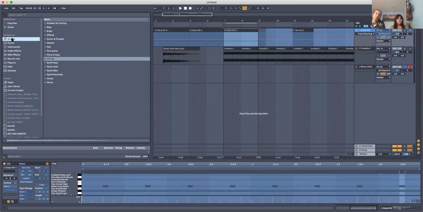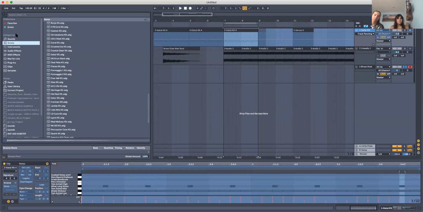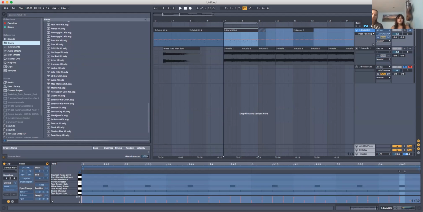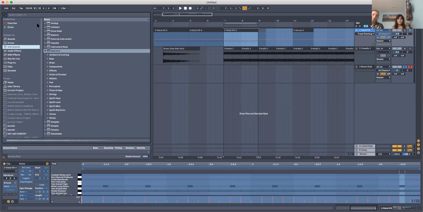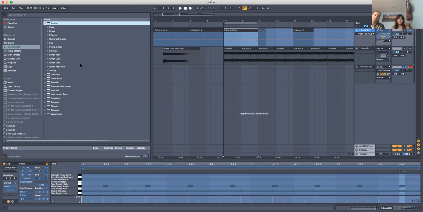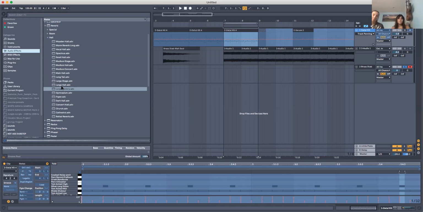Then we have different sounds that are synths. We have different drums. The drum racks are really cool because they have cohesive sounds together. That's why I like looping 2 bars or 4 bars, because it's very easy to create arrangements out of it by literally just deleting instruments during different sections. Then we have instruments, which are also kind of like sounds, that are also synthesizers. We have audio effects, and those are things like reverb, echo, delay, flanger, and they change things in different ways. And you can make audio effect racks where you can combine multiple audio effects and have different macros,